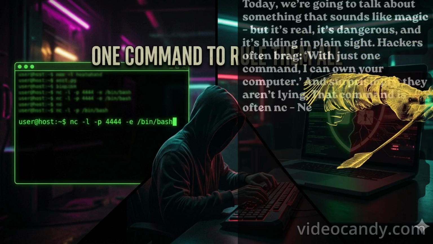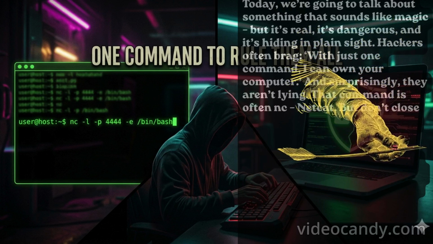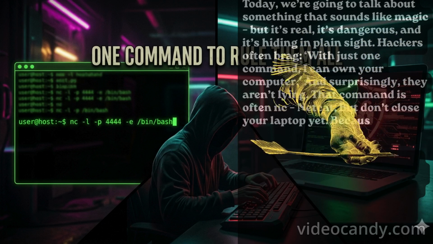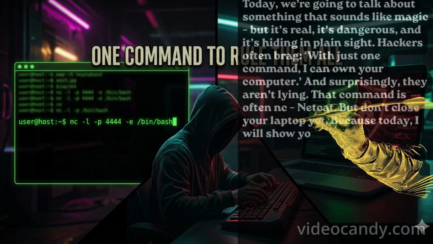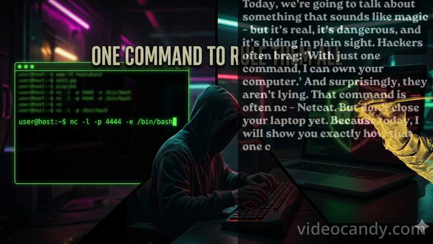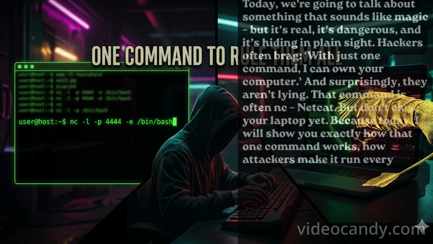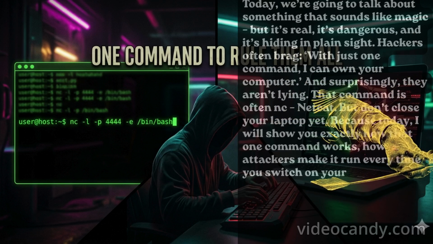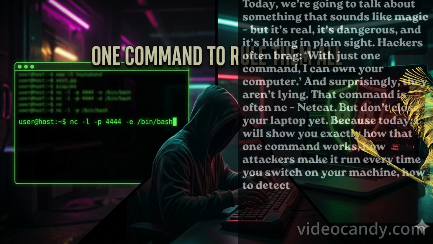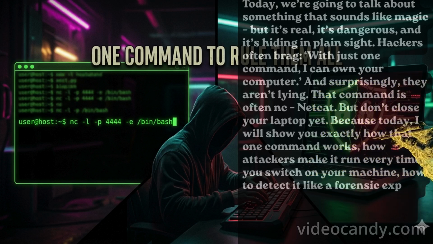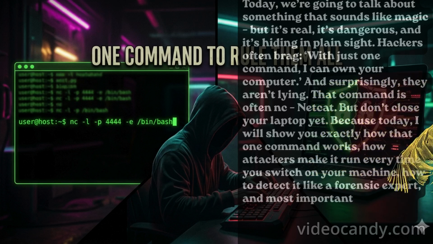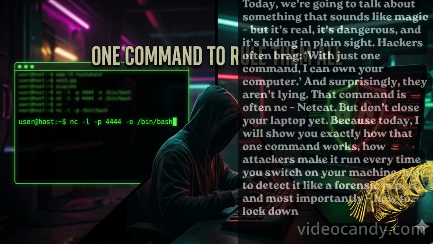But don't close your laptop yet, because today I will show you exactly how that one command works, how attackers make it run every time you switch on your machine, how to detect it like a forensic expert, and most importantly, how to lock down your system so tight that even a seasoned hacker would walk away.